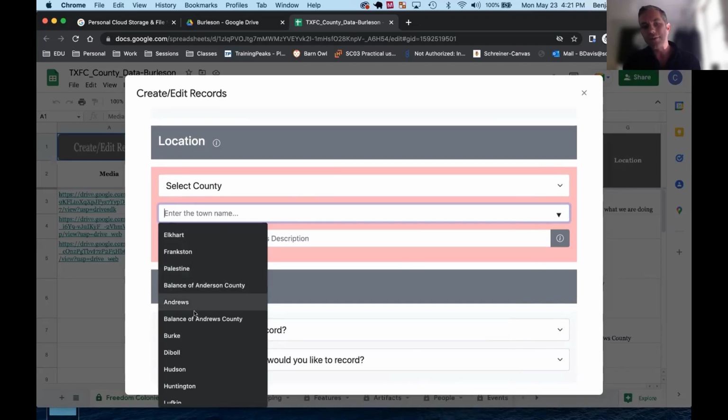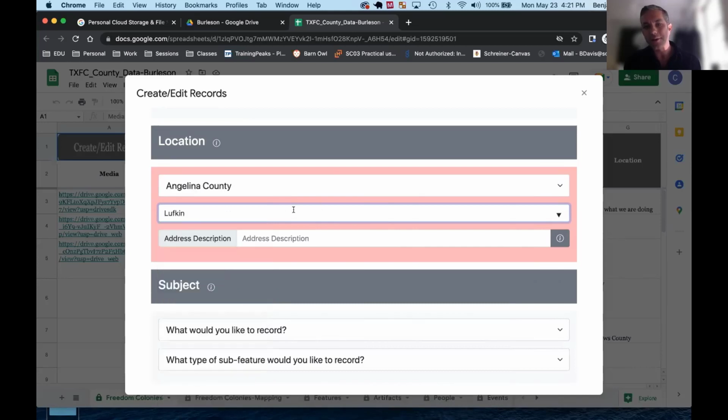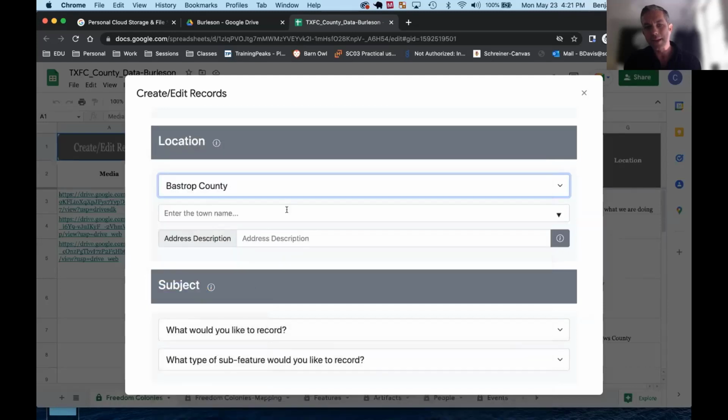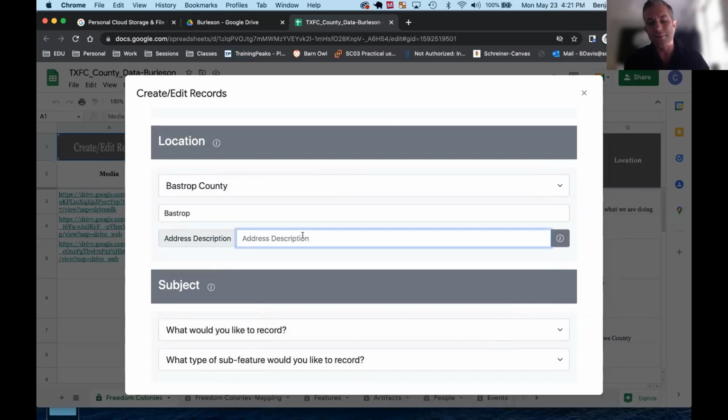First choose a county, and that automatically narrows down the town. If you want to select another county, you can, and that will give you another set of towns. Then for any kind of long form address description here, you can give an address, or you can even say at the cross section of something descriptive. Let's say